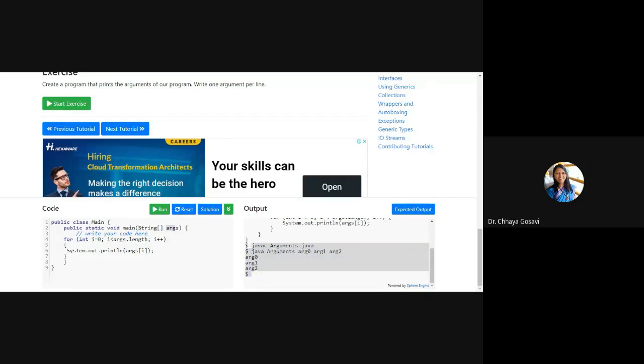So it is used to store these arguments which are provided along with when you compile or execute your program. And these arguments will get stored here. And you can perform many operations on those arguments. Instead of passing from this, you can always declare these variables in main, hard code it or accept it from the user. But this is one more method to accept input from the user.